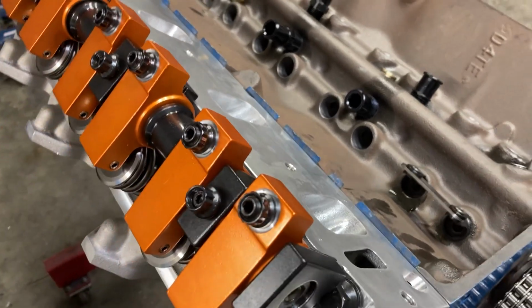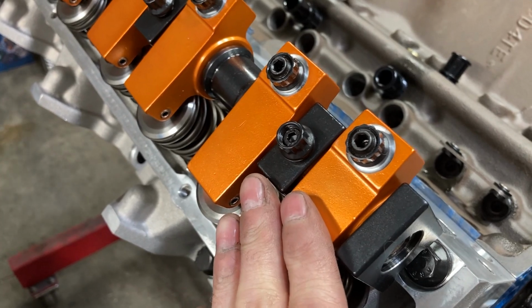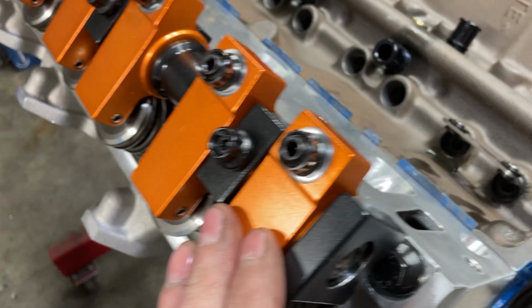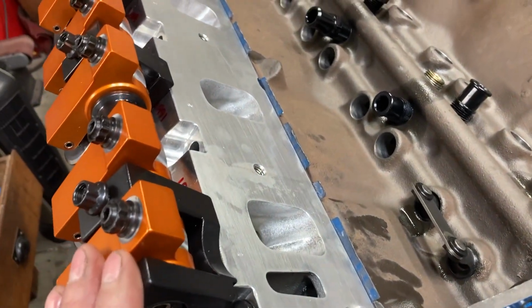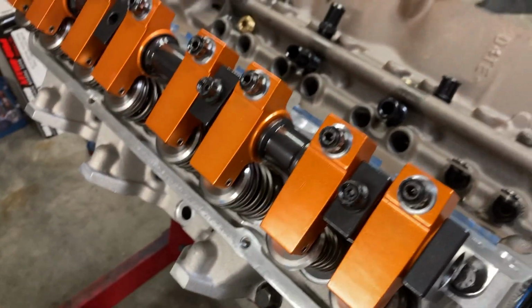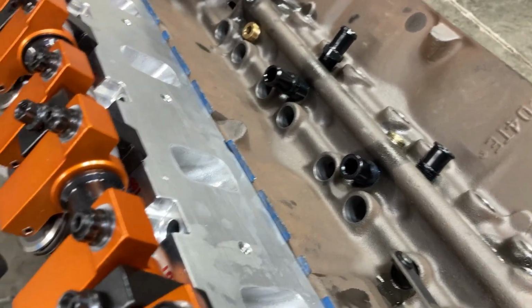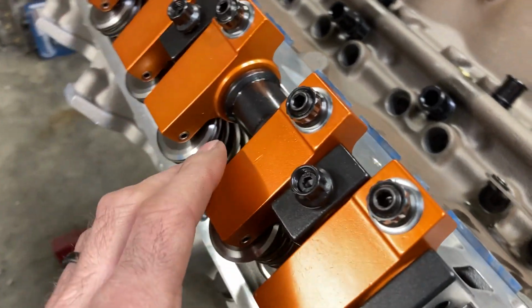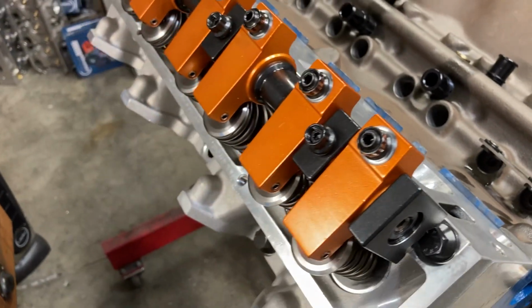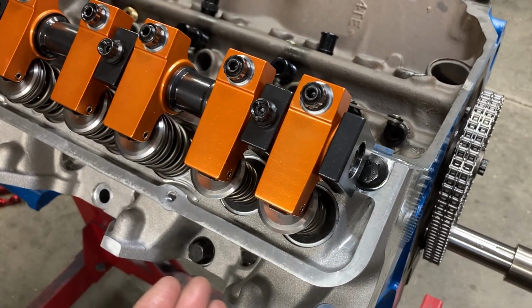So I want to see what we get at the valve, or I just want to write off the fact that it's not a rocker arm issue or something like that. So what I've done is I've ordered a single push rod, a real push rod, and that will let me see what's going on at the valve and measure what we're getting versus what we should be getting. So that won't hurt our piston to valve clearance checks at all, because if anything, we're going to be getting